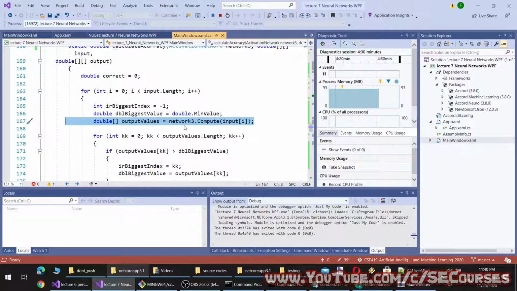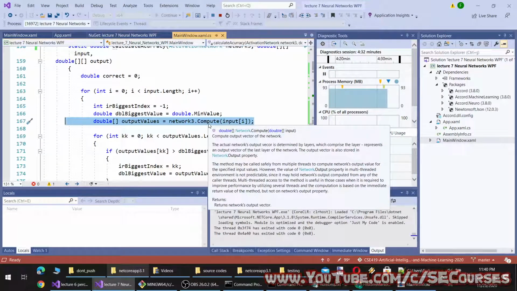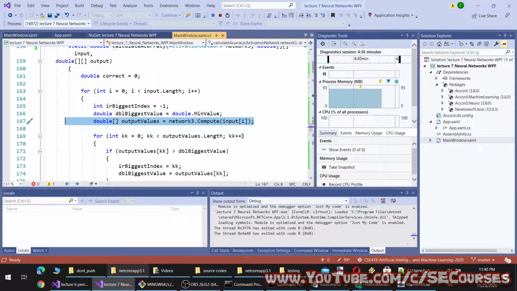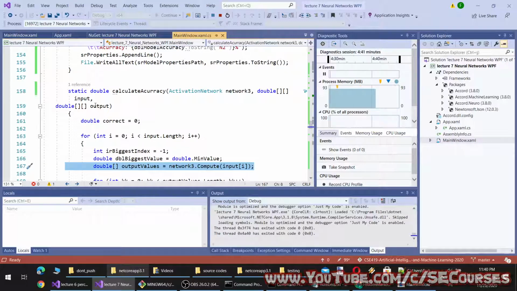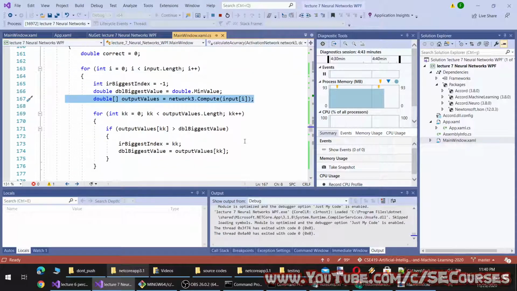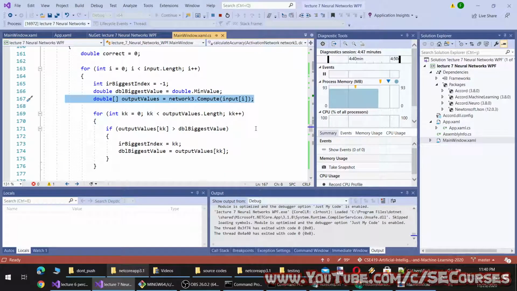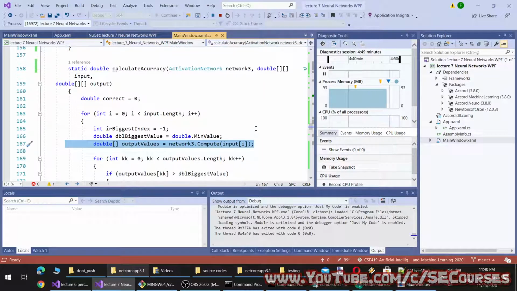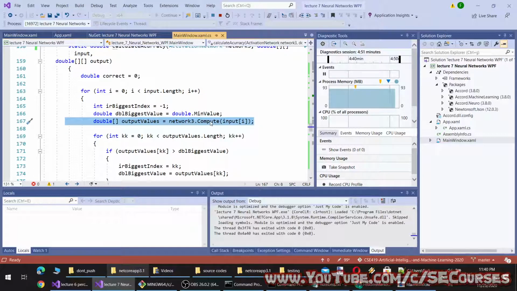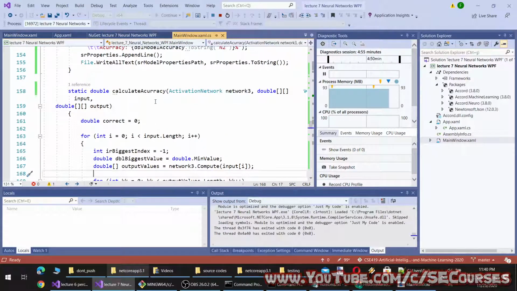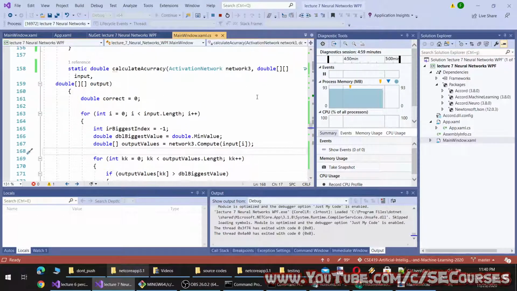Okay, so the compute method is actually the prediction. It takes an input. An input is a jagged array.